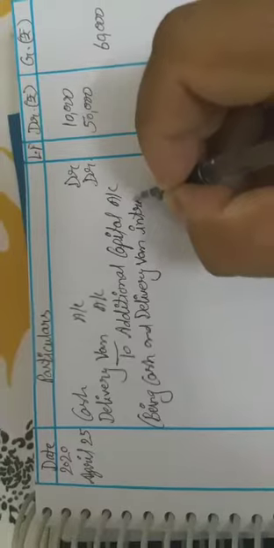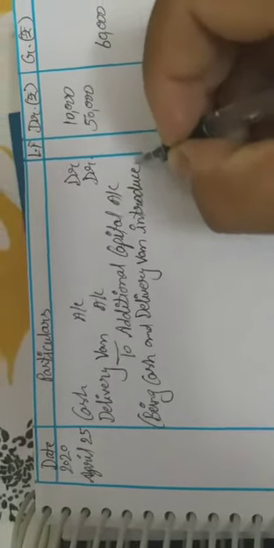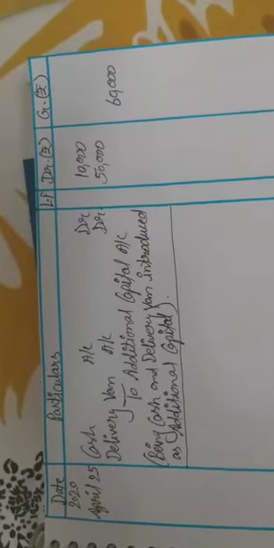So being cash and delivery van introduced as additional capital. Okay, so this transaction is completed. Now the next transaction,